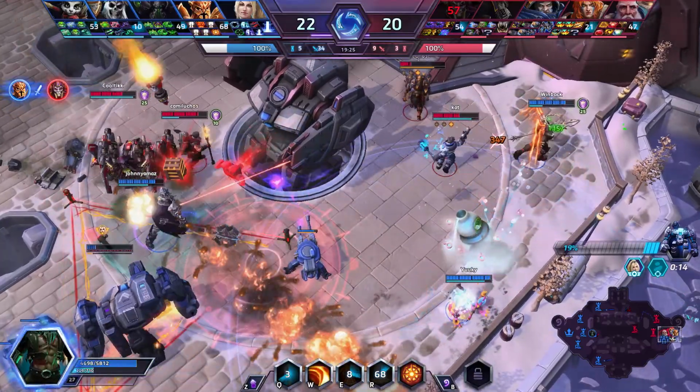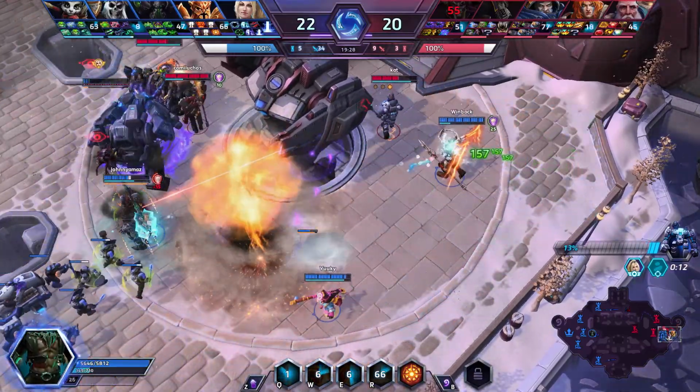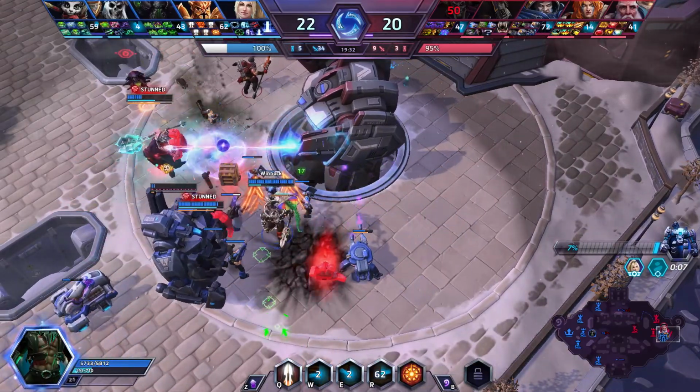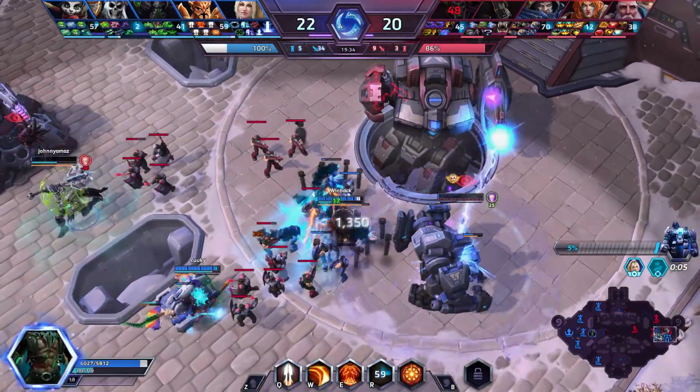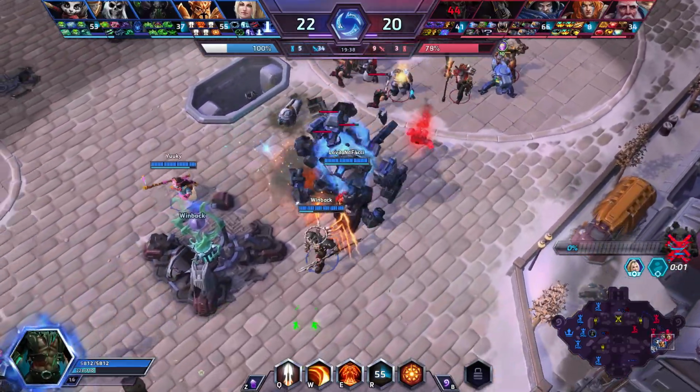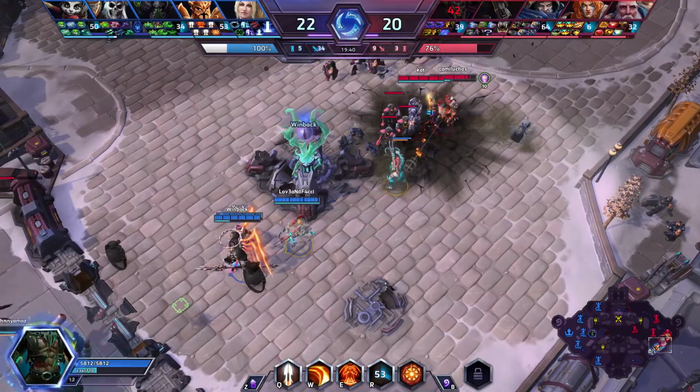We're just going to keep auto-attacking because we've got the speed. Greymane trying to kite around us, not doing a great job of that on his own. But anyway, Imperius can basically 100 to 0 a Stitches, and whoever's around the Stitches, within about